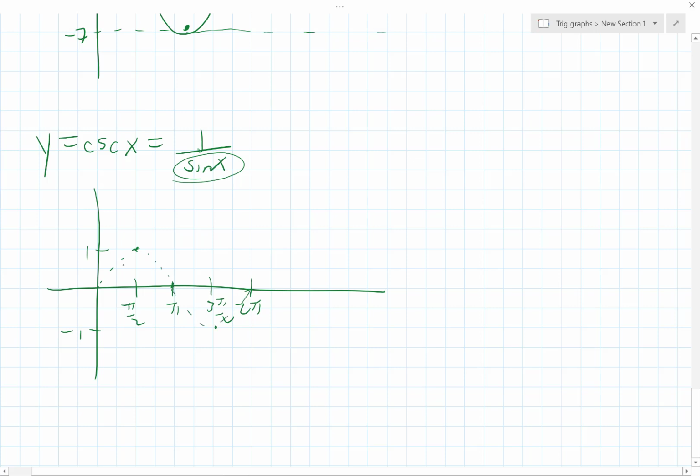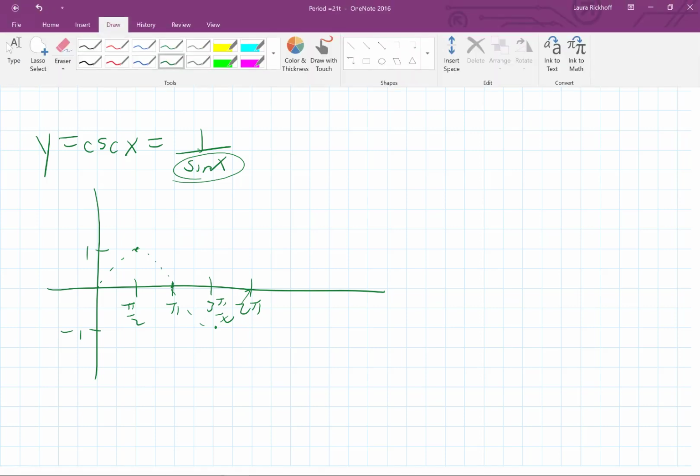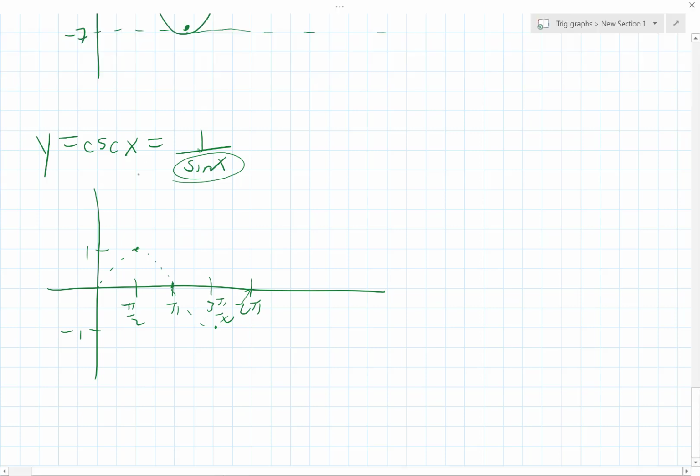So there's sine, and when I go to graph cosecant, everywhere that sine is trying to be 0, cosecant is undefined, and that's where your little asymptotes come from. And then 1 over 1 is just 1. And then 1 over a very small number is a very big number. So that's why you get those weird looking parabola type deals bouncing off the bumps